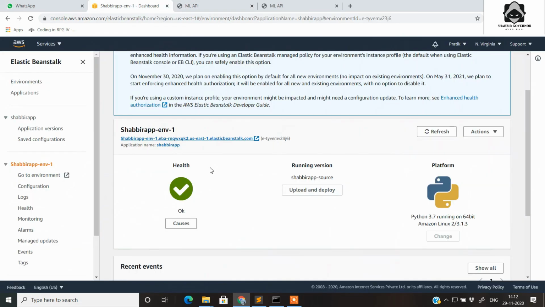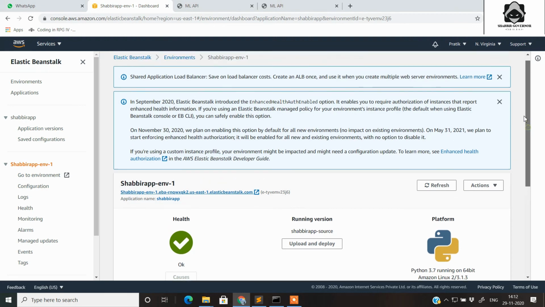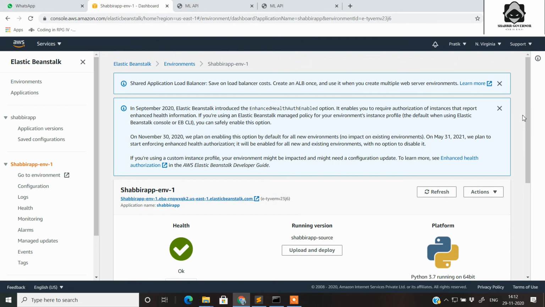This was all about how you can deploy an ML application on Elastic Beanstalk, which is an excellent service made by AWS. I am a very big fan of it, and definitely you can try this out and tell me about any difficulties that you face in uploading or making this project work on the cloud.